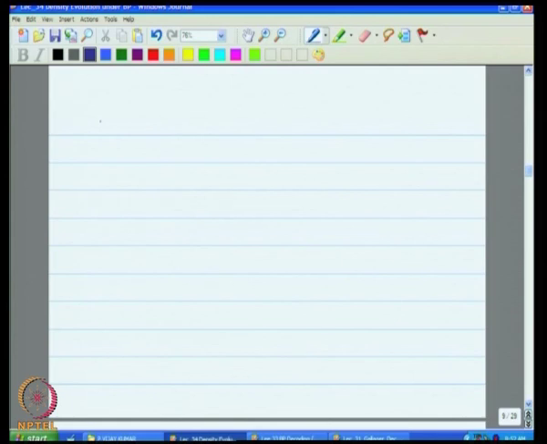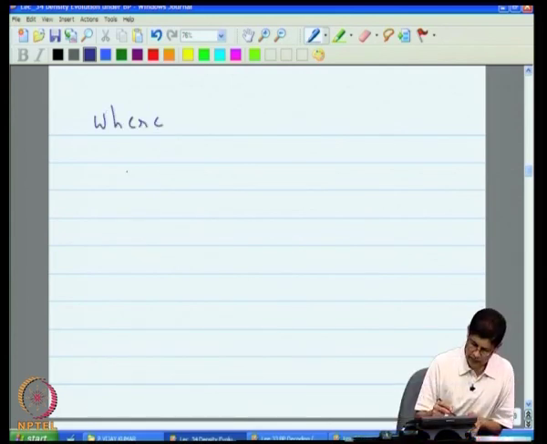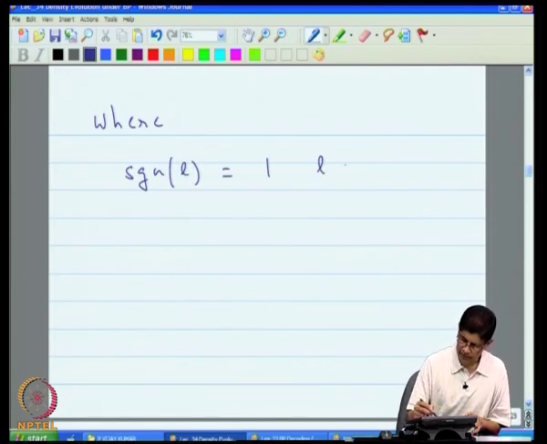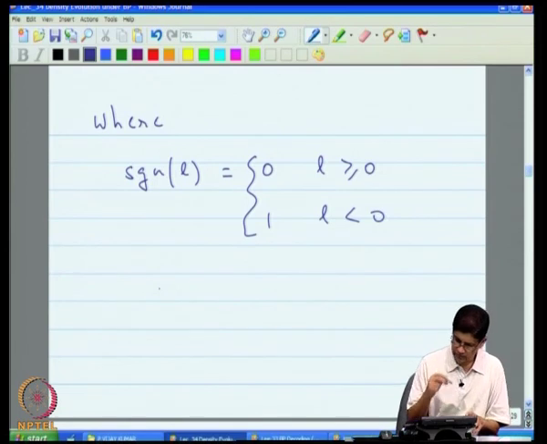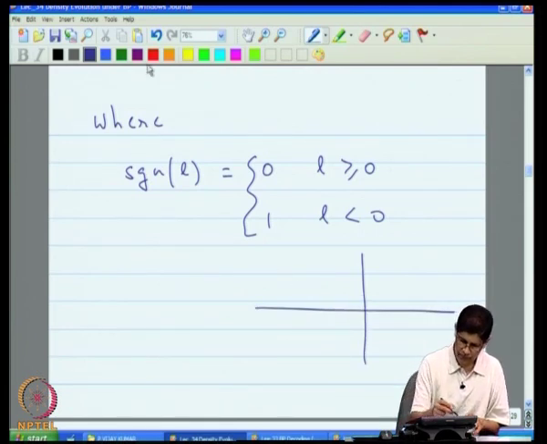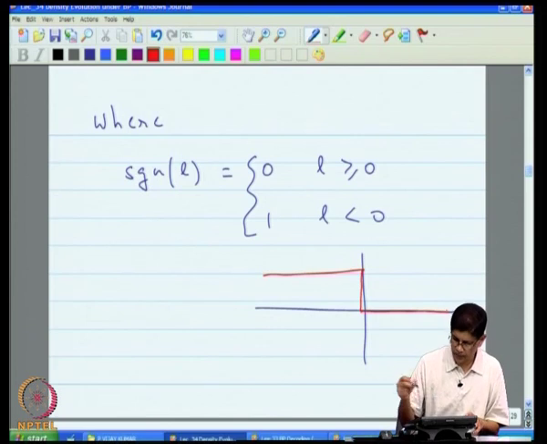So, where sine of L is 0 for L greater than or equal to 0 and is 1 for L less than 0. That is the sign of L. So if you were to plot this, it would look like this. It would be 1 in the negative part, and then it would be 0 for the positive part. So, here I am plotting sine of L